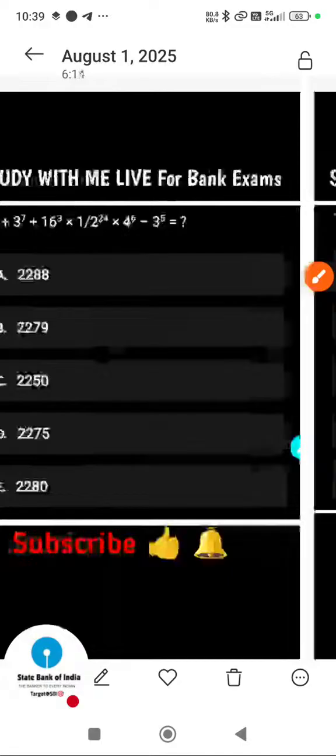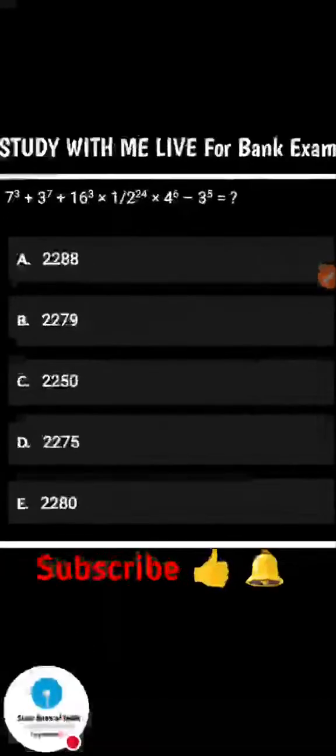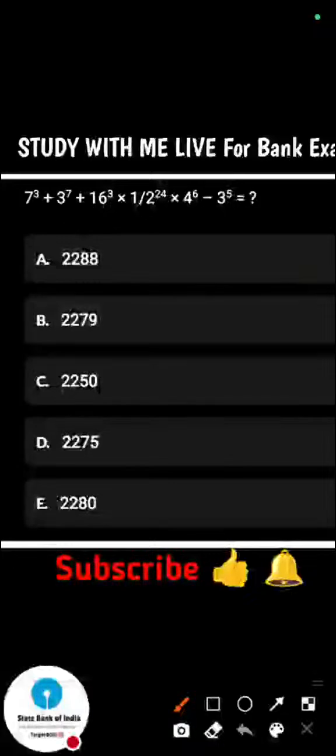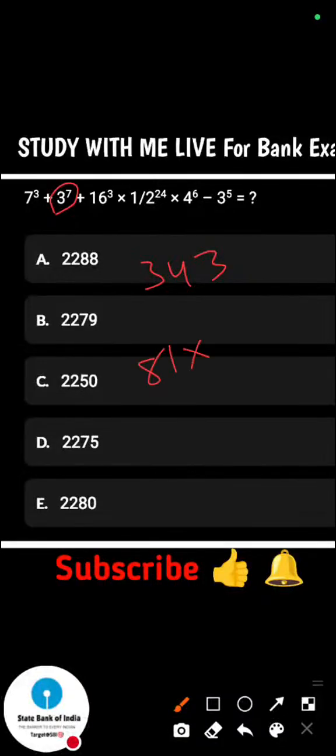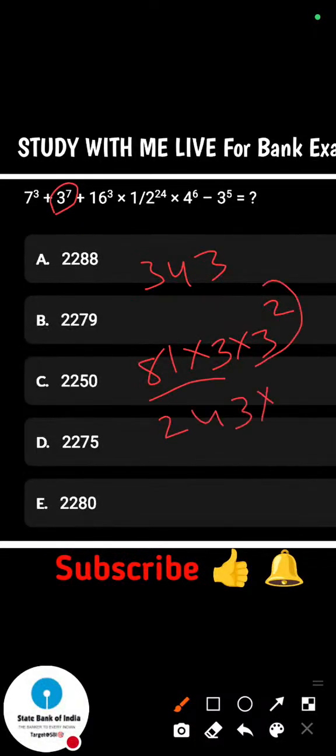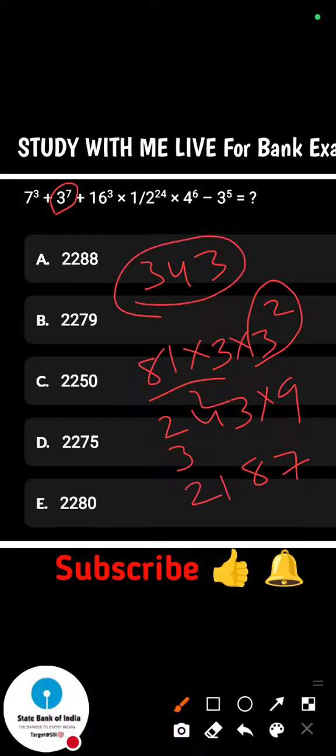Next, second question. Let me zoom in some more. Okay, here we see 7 cube, which will be 343. 3 power 7. We know that 3 power 4 will be 81, and we are left with 3 cube. So 3 into 3 square. This will be 243 into 3 square, which will be 9. 9 3 times 27. 9 4 times 36. 9 2 times 18. 2187. So we have 343 plus 2187